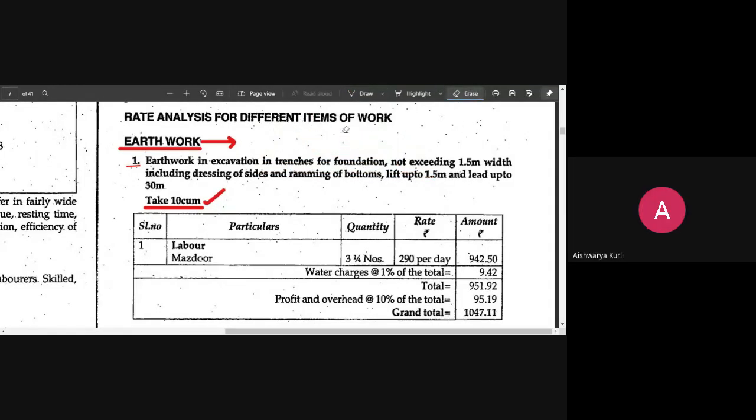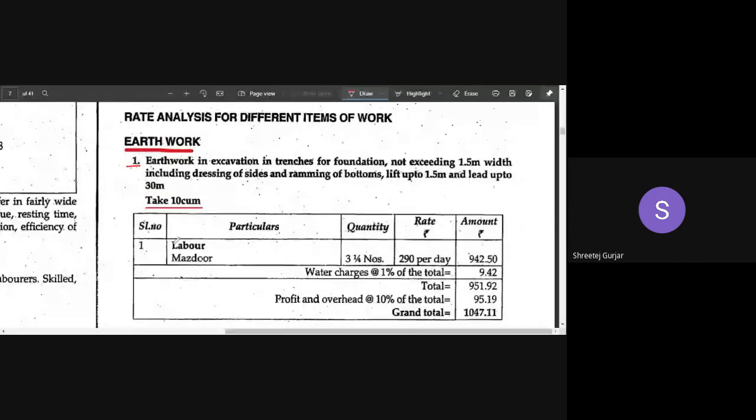So we have to do excavation, no materials required. Yes, correct. Very good. So we are dealing with earthwork, right? Earth is already present. We do not require any earth. We are not backfilling. We are just excavating the material which is already present. On the contrary, we are excavating the material and dumping it at some other site. So there is no material requirement, hence the material cost is not coming in this item of work. Earthwork, we do not deal with materials. So remember this point, do not write any materials in the tabular column.